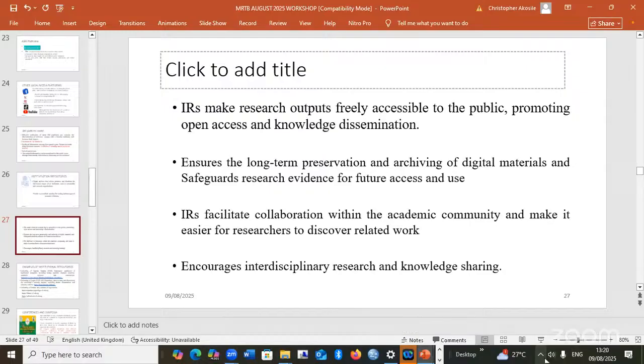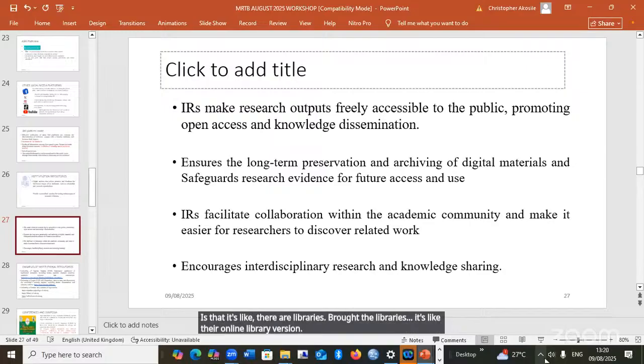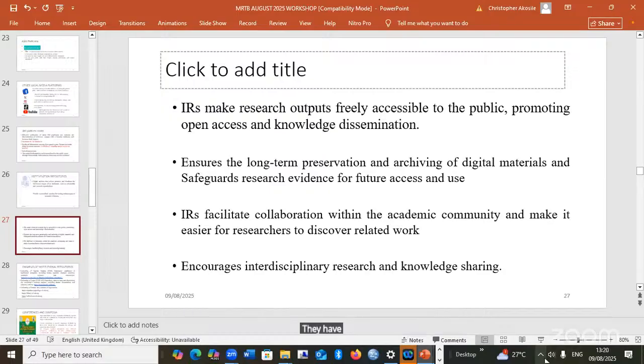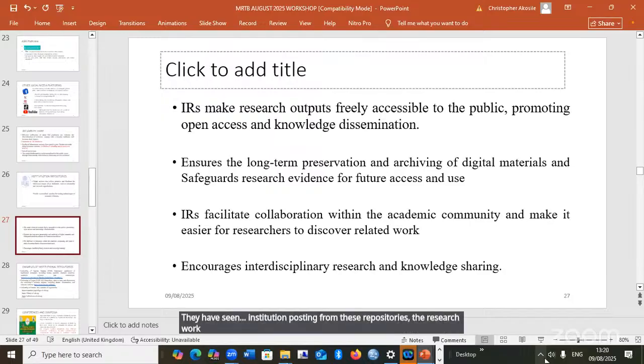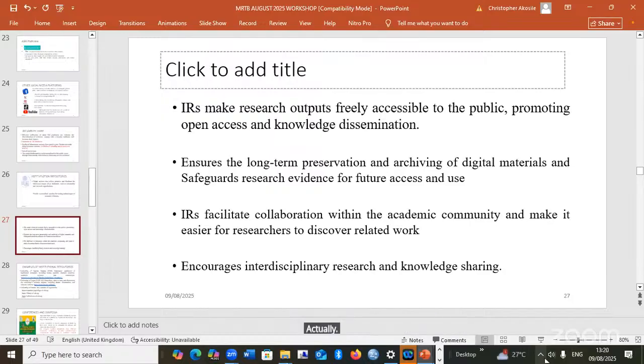It's like their online library version, so that people can, and I know a good number of us, in the course of our research work, may have seen postings from these repositories of the research work of certain people that actually helped us to conceive our own methodology properly.